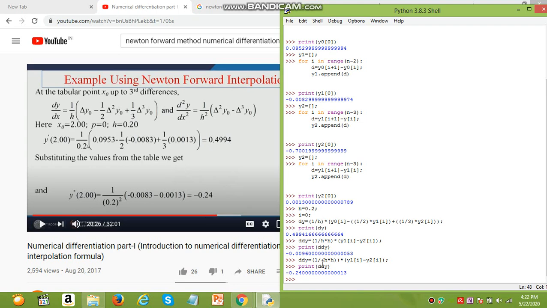So this is how we calculate the numerical differentiation by using Newton's forward method. Okay, so you can use any other